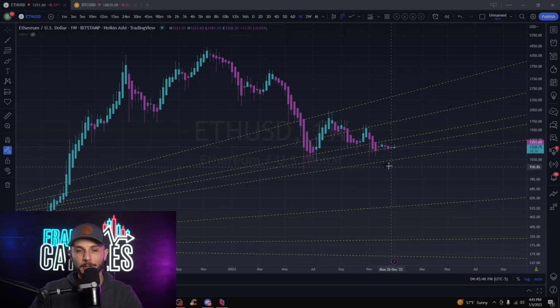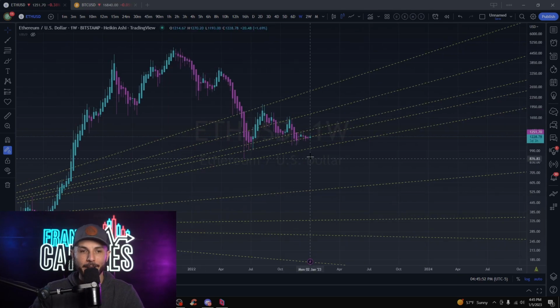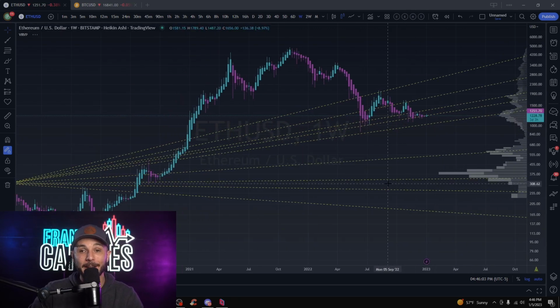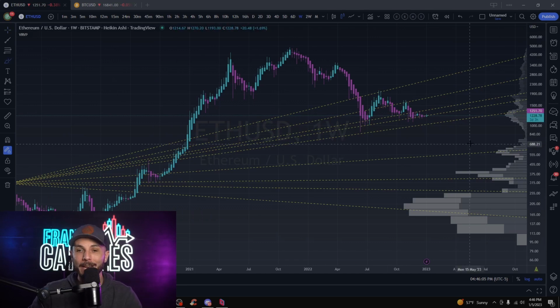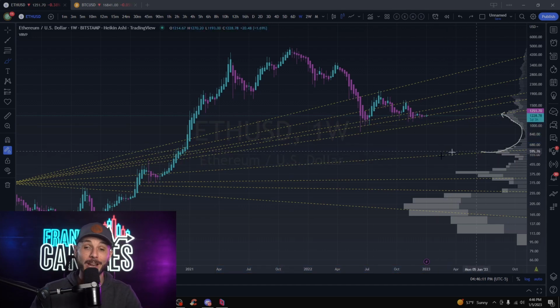So you can also see here that even though we drew a ton of spider lines here, we don't really have any gaps. But if you come over here, we have this massive gap here. And you might be thinking, how do I get spider lines in this level? Well, if we pull up the VPVR, you'll actually notice that there isn't much support there at all, and you can see that by this big volume gap. So there's a reason there's no spider lines in this area, and that's because there's not really that much support